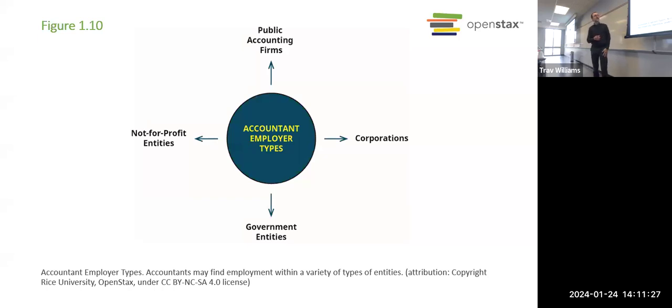So if you're working for a public accounting firm, you're probably doing accounting for their clients. They send you and say, hey, today go to Taylor Farms and help them with this, or go to Driscoll's and help them with whatever. Okay. You could go work for any corporation because all corporations do accounting for themselves. They almost all have an accounting department.